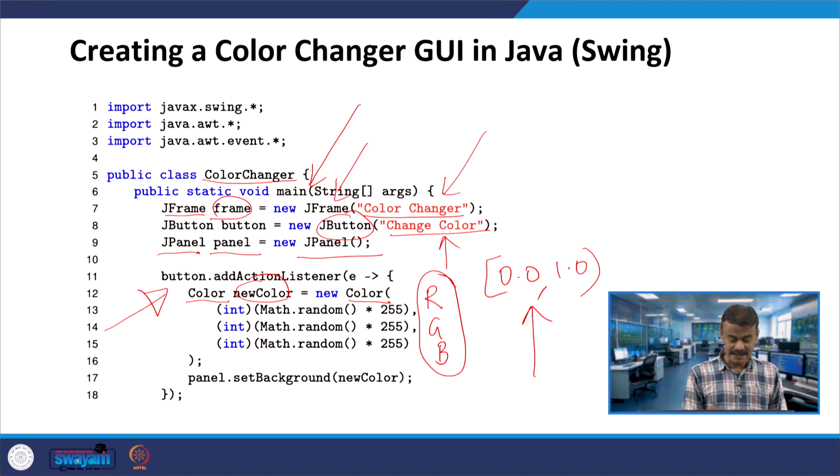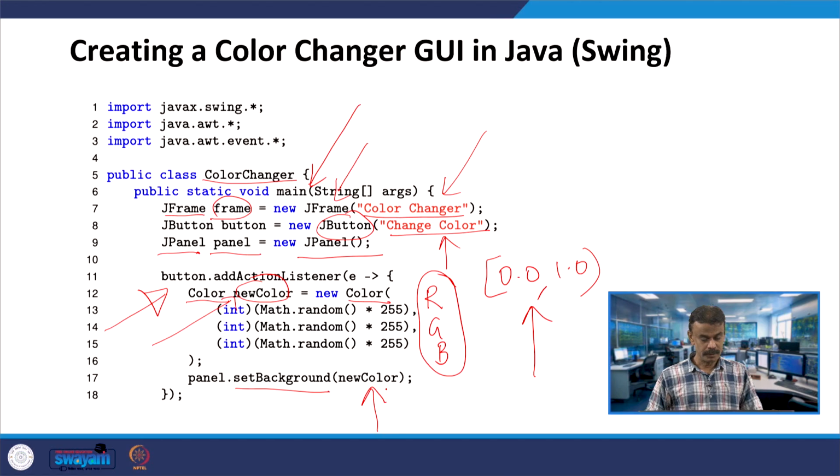So, that you set as a background, setBackground, that means panel is invoking setBackground. So, that means the panel, whatever the color is being generated, since this object is new color, that new color will be displayed. So, we will see further. This is your class color changer.